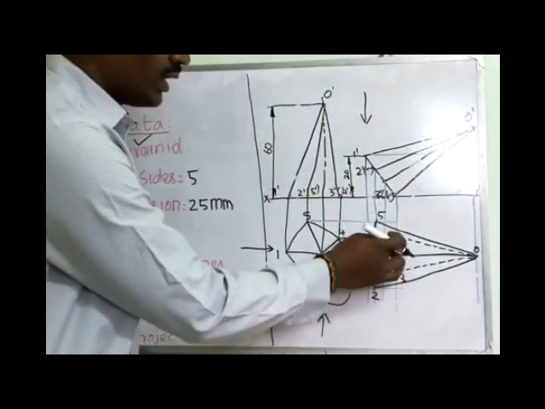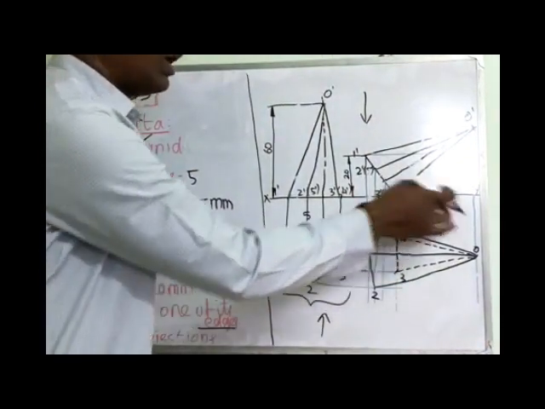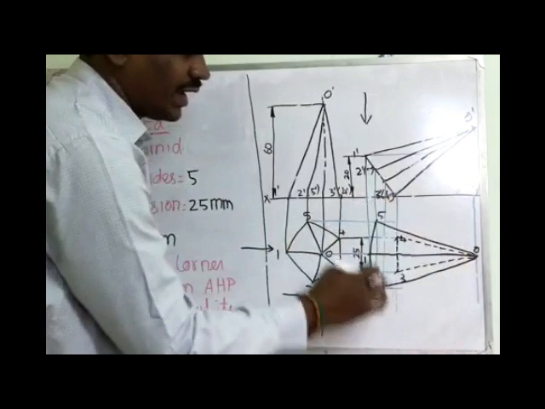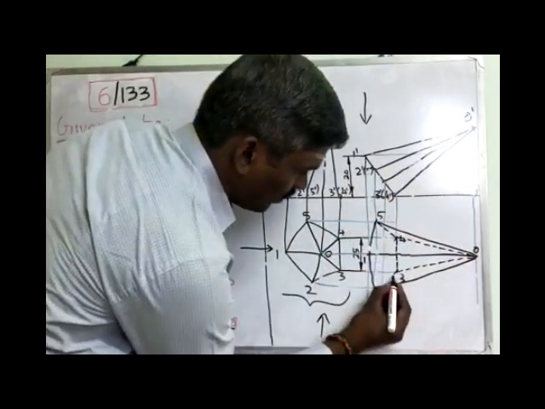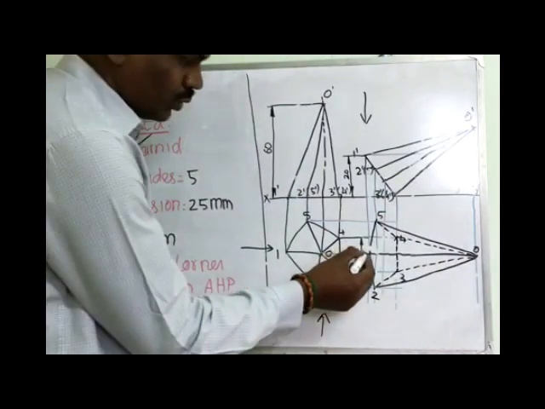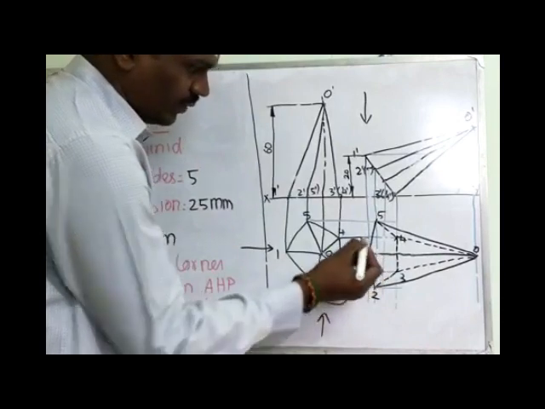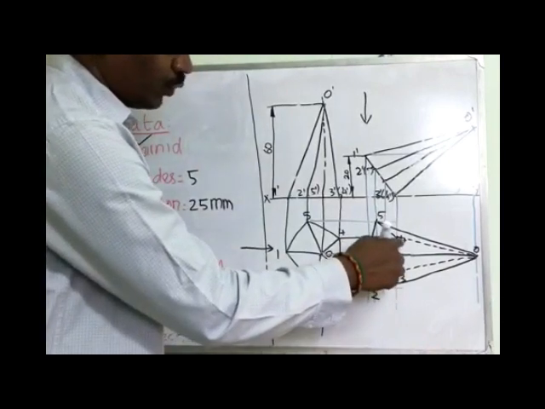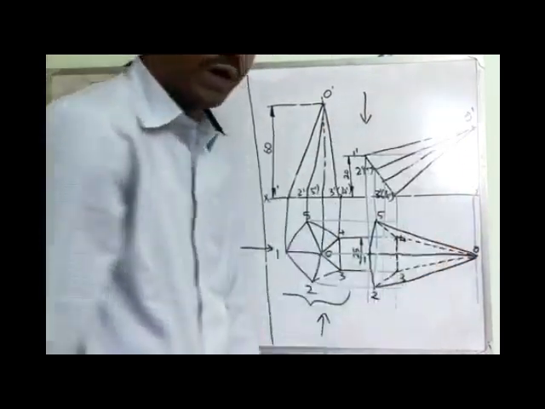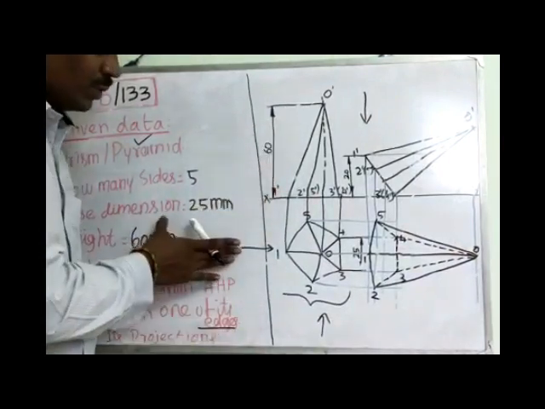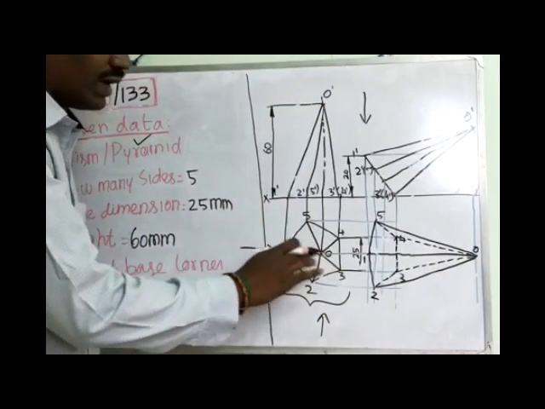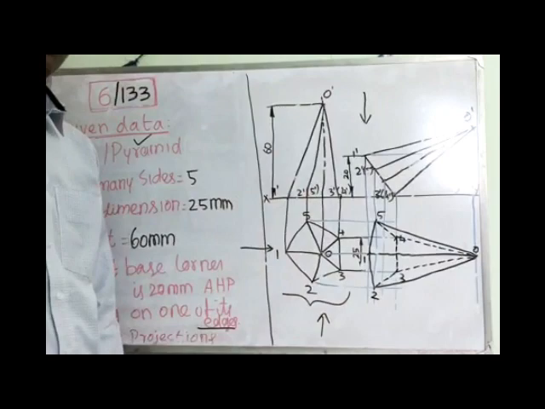Now 2 to 3 and 4 to 5 are not on the outermost area of this projection; they are available inside this portion, so definitely that is an invisible line. So 1 to 2, 1 to 5 are visible; 2 to 3 invisible, 3 to 4 invisible, 4 to 5 invisible. So the base corners are over. From the top, only the apex point is available. That is also completed. From the slant edges, 0 to 1, 0 to 2, 0 to 5 are visible. The only invisible slant edges are 0 to 3 and 0 to 4. Thank you.